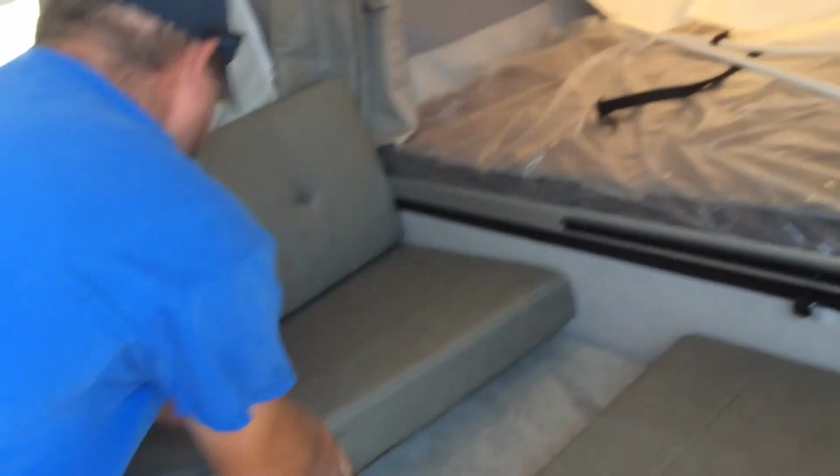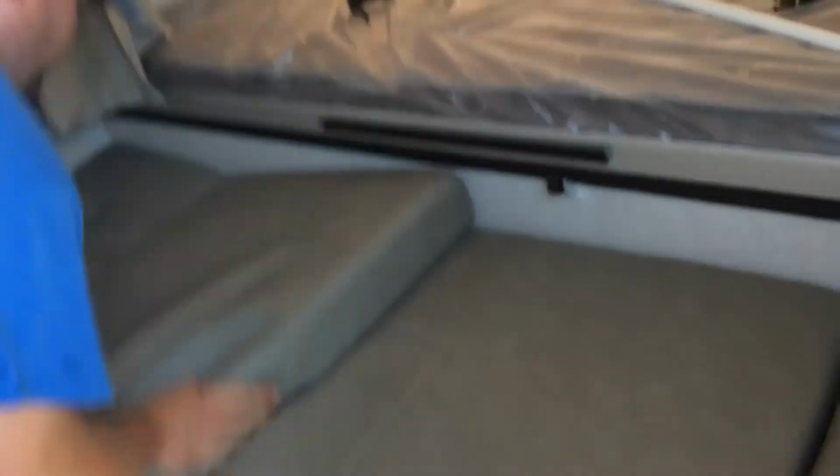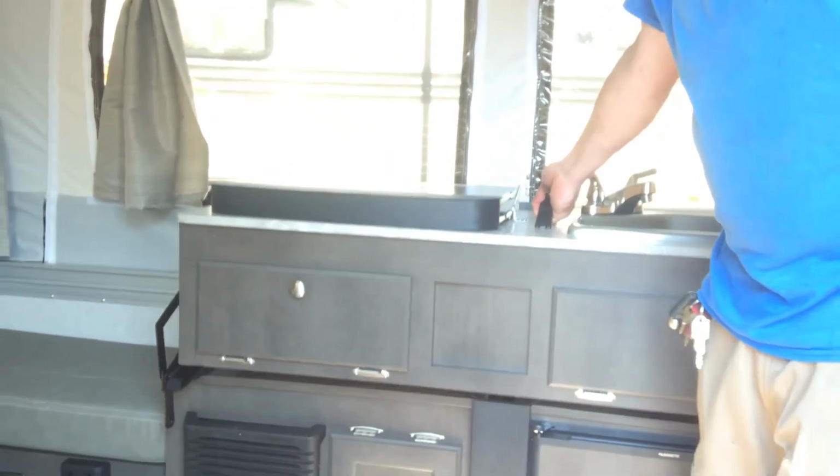Cushions down. And then grabbing a hold of the single handle here in the center, pulling towards you, making sure that the feet on the left and the right hand side of the dinette come down, sits down on the ground just like so. As far as tearing your canvas down, you're going to tear back the flap from the Velcro. You're going to undo this screw,